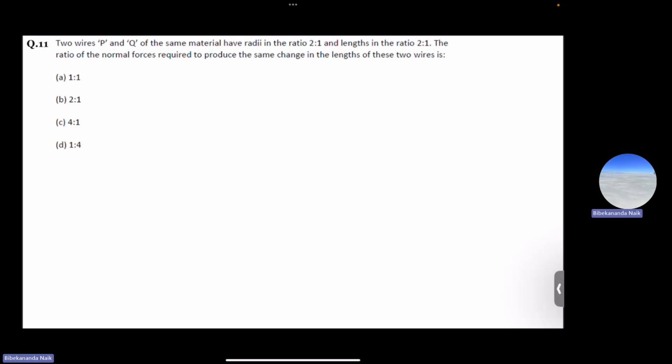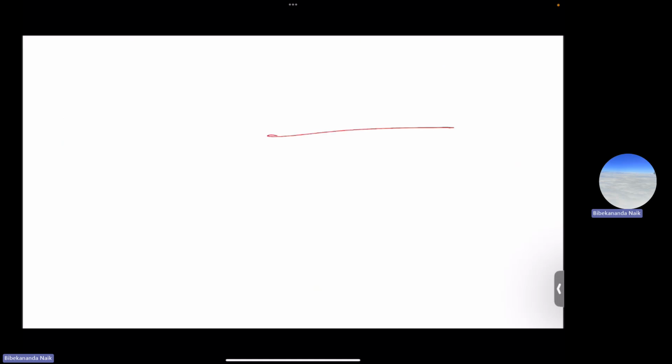Question number 11 says, two wires P and Q of the same material have radii in the ratio 2 is to 1 and length in the ratio 2 is to 1. The ratio of the normal forces required to produce same change in length of these two wires is option A 1 is to 1, option B 2 is to 1, option C 4 is to 1, and option D 1 is to 4. So there are two wires